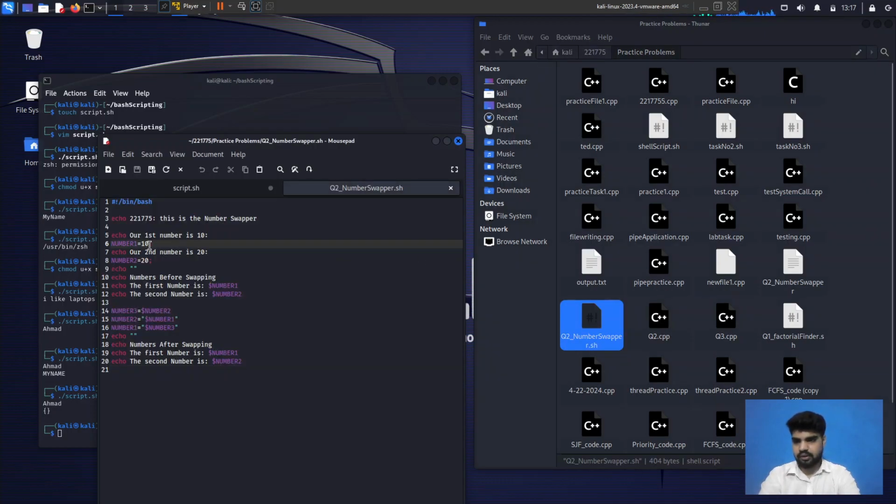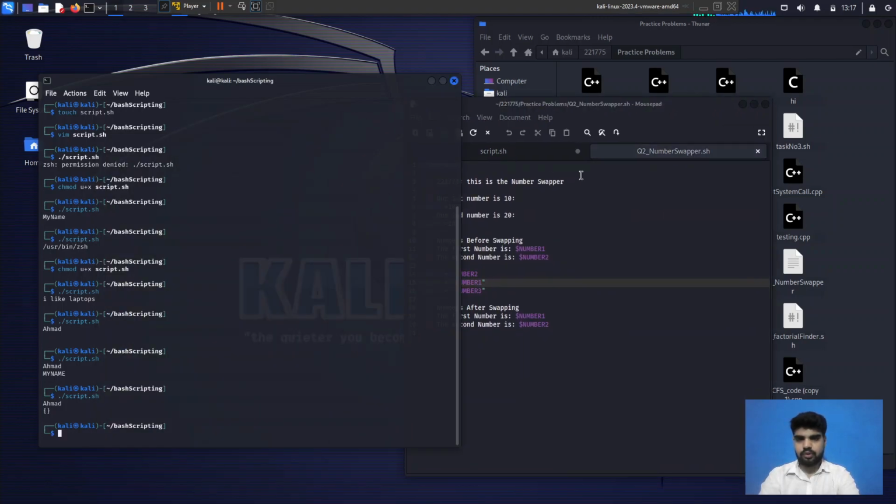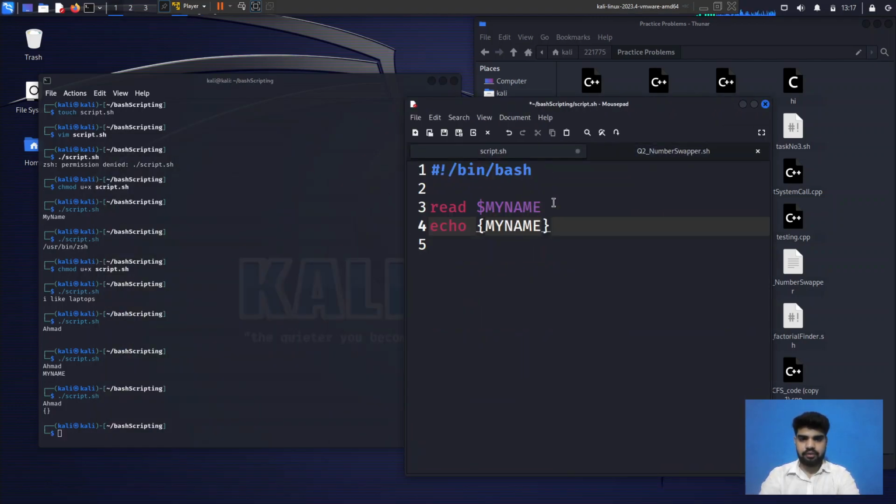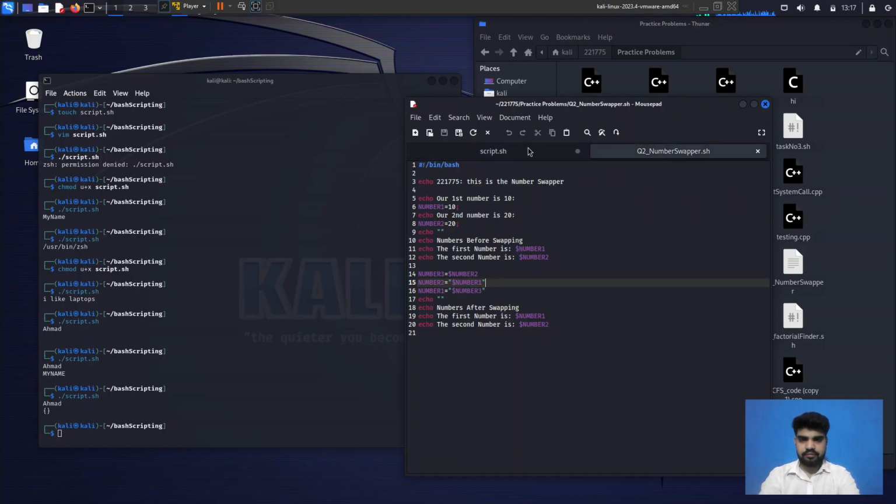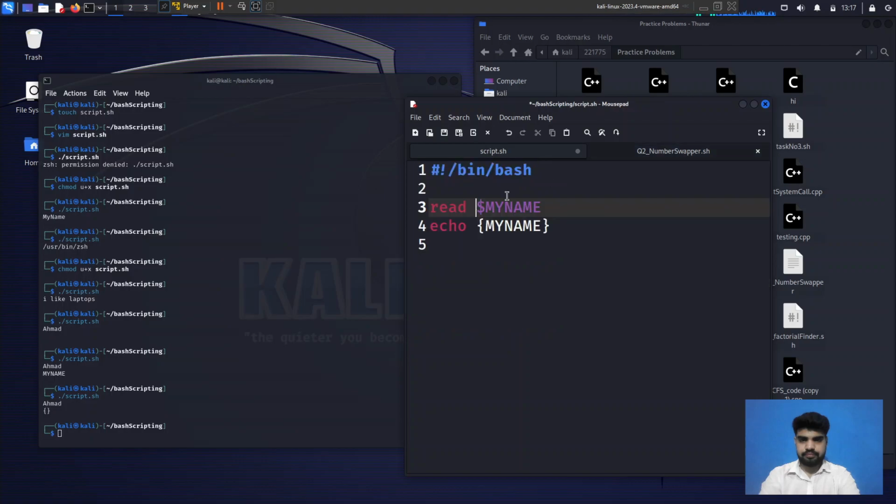As you can see, first of all, we initialize this, and then we will do this. So the problem we had with our script is that this read never does anything if I want to read